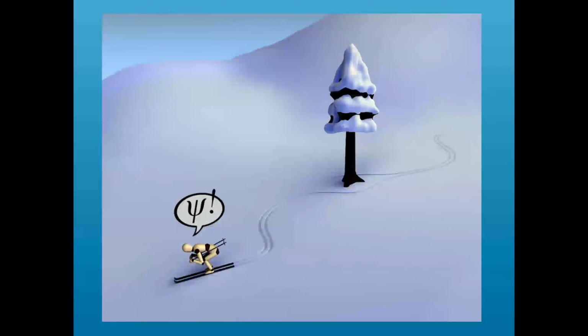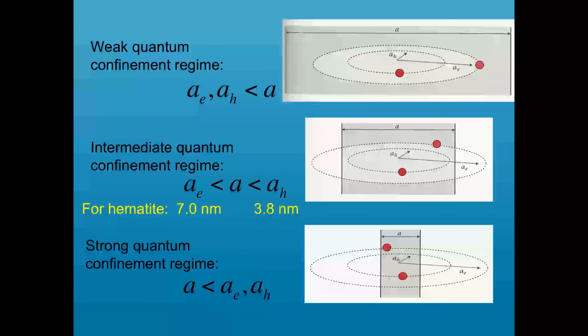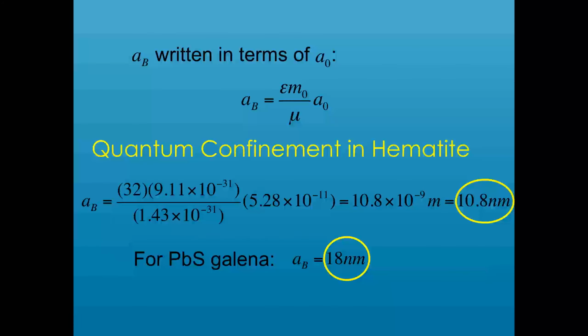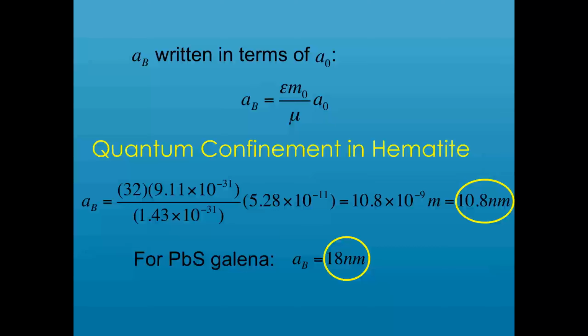And my last slide is this. I'm just going to go to this one. When you finish calculating all of these things, which is really not so horrible, the second line from the bottom, you see that for hematite, the quantum confinement in hematite, you do this calculation and the calculation gives you 10.8 nanometers. That means that for this quantum mechanical calculation, which I can actually show freshmen how to do,